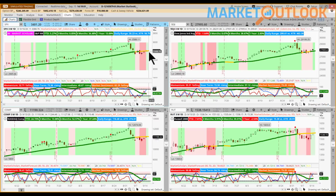So that could easily switch tomorrow on the S&P 500. In fact, if we're up even just a little bit, I would assume that is going to happen because it effectively closed right on the moving average here, it looks like to me, on the S&P 500. But it is a very tiny way to decipher, amongst all these charts, which ones are stronger, which ones are weaker. And right now, the Dow doesn't get a whole lot of press, but it looks like it's the strongest of these charts in front of us